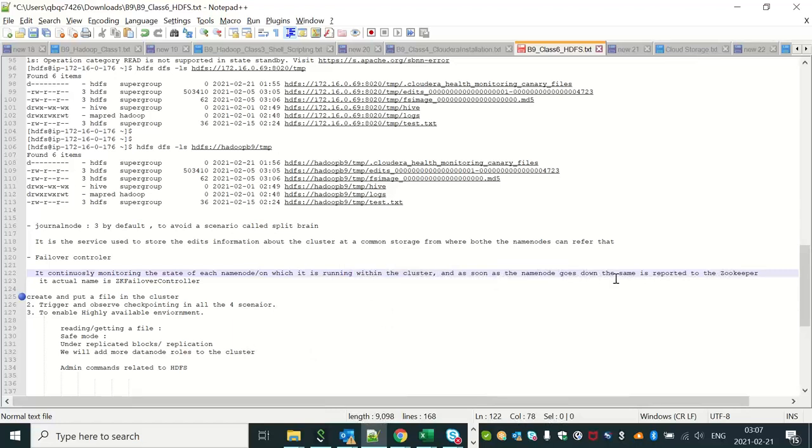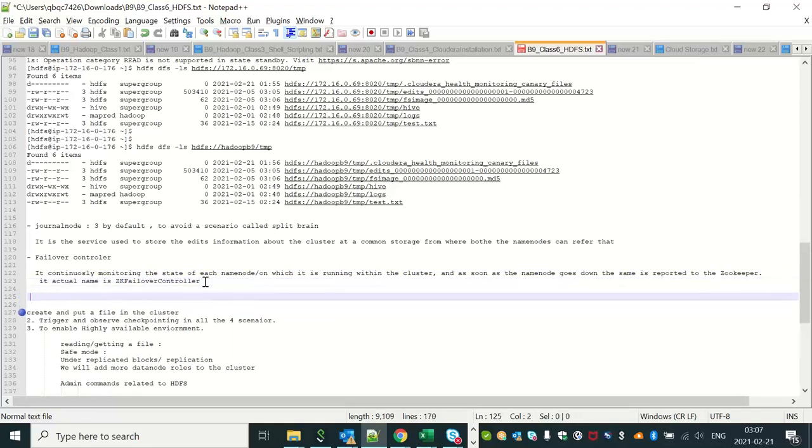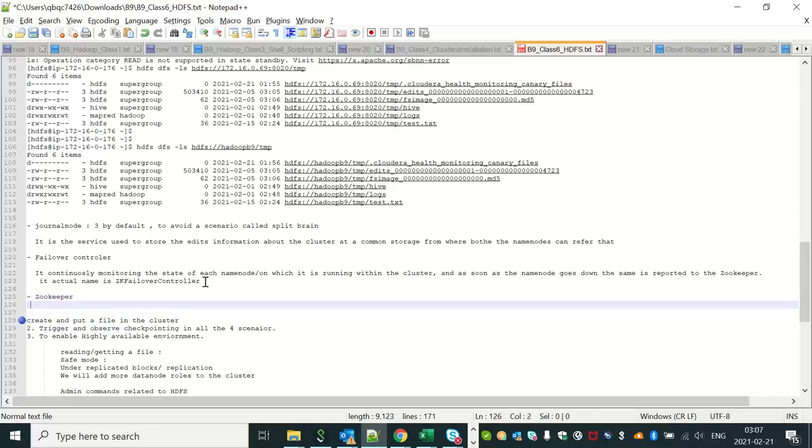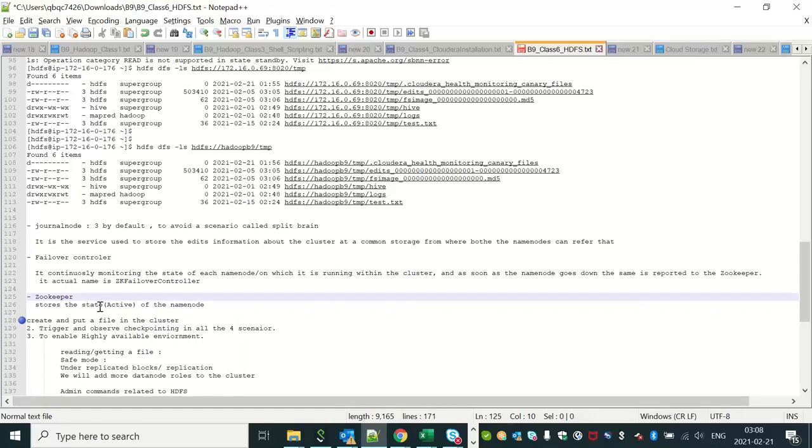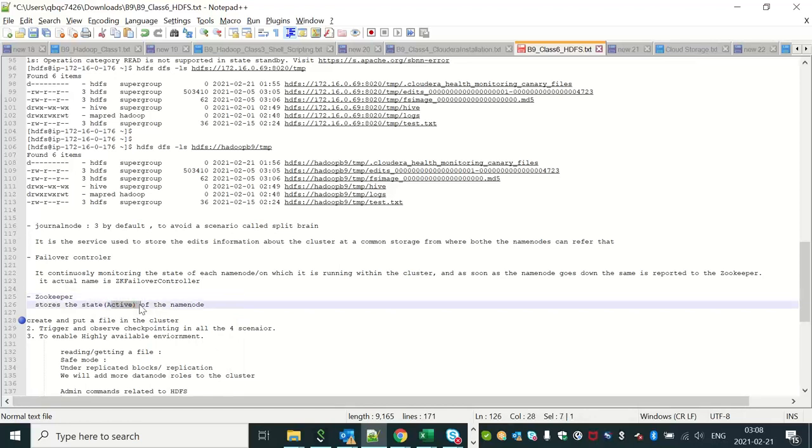And as soon as the name node goes down, the same is reported to the zookeeper. So it reports this information to the zookeeper. Now you will say, why zookeeper? Because zookeeper here stores the state of the active name nodes. So the zookeeper is actually storing the state of the active name node within the cluster,